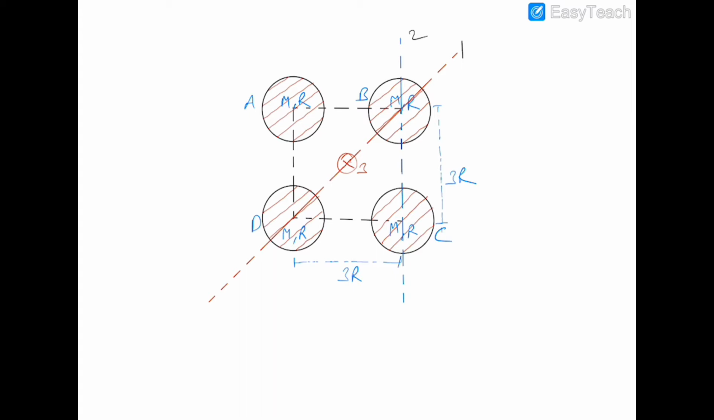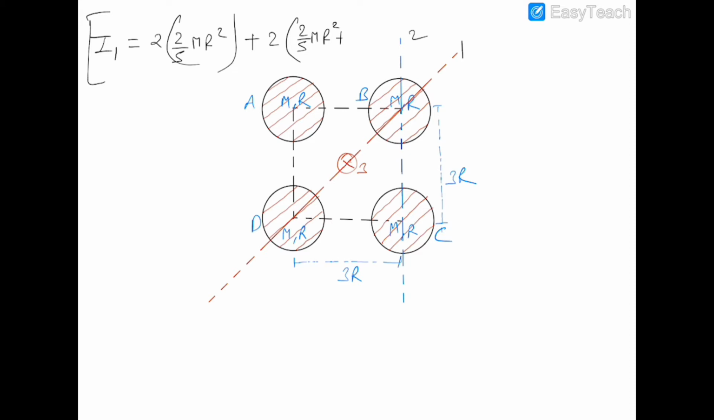So the moment of inertia of the system about axis number 1 would be twice of 2 by 5 mr square. This is the moment of inertia of spheres D and B, because the axis 1 is passing through their centers. Now the moment of inertia of A and C would be equal, therefore it would be twice of 2 by 5 mr square plus